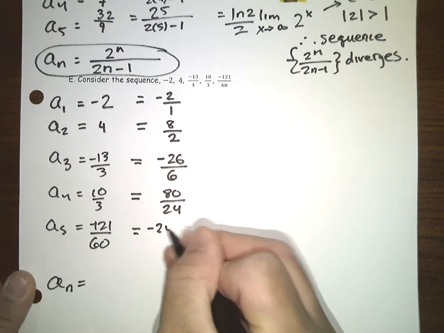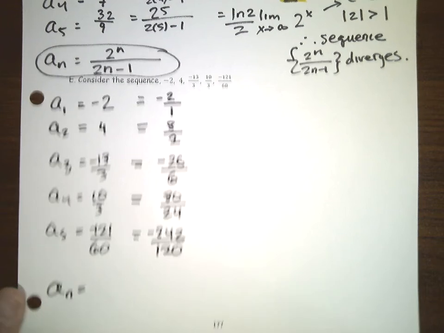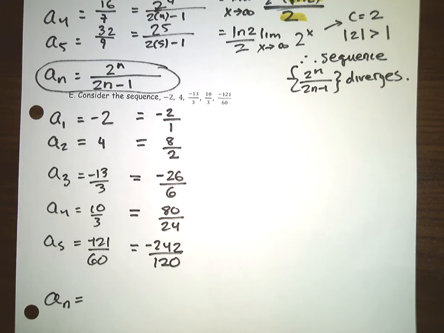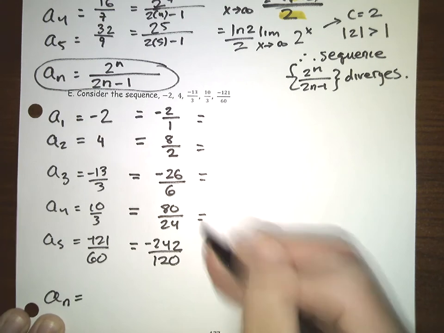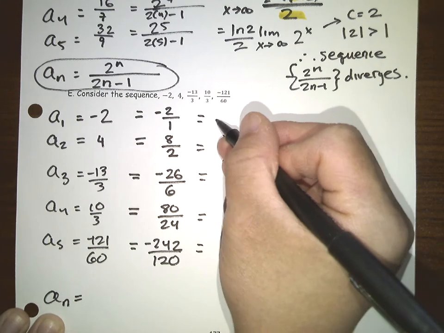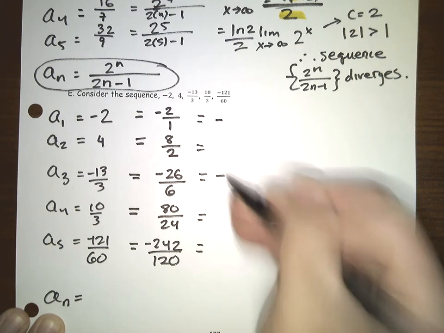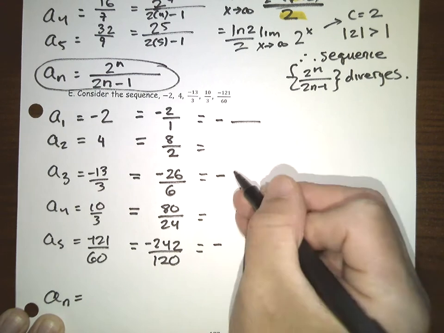And -242 over 120 is still -121 over 60. But then I can see right away what's actually happening, maybe in the numerator. I see that every other term happens to be negative. So I have negative, negative, negative, and then